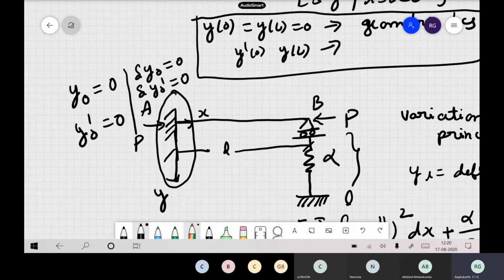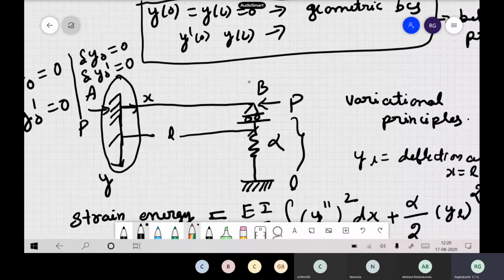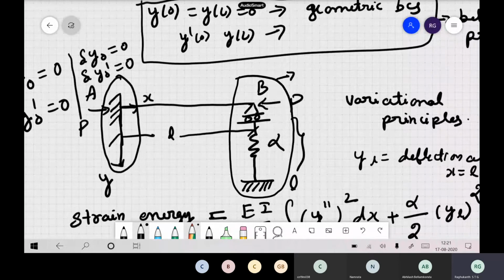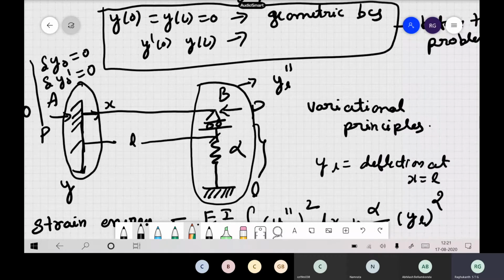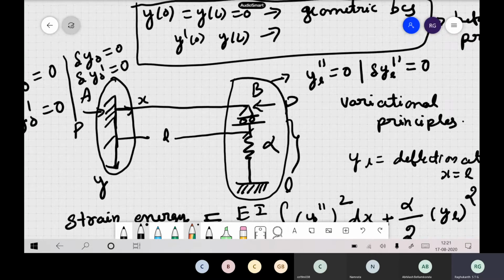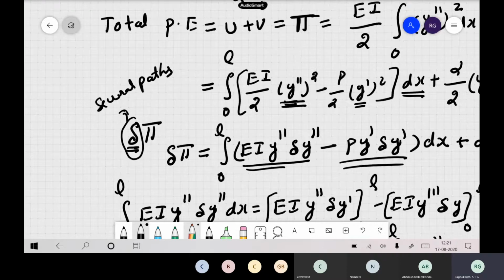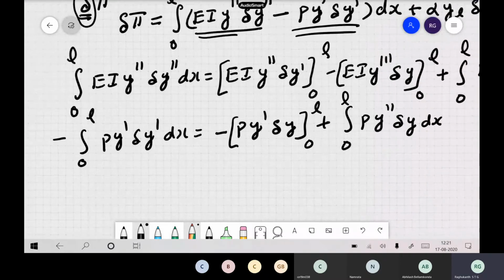This is the most important thing. Now when you come to the other end, that is at x is equal to L, it is a roller, which means your bending moment is 0, or you can also write this as y_L double dash is equal to 0, so the variation also has to be equated to 0. So these are our boundary conditions. The del operator we write in this format, and please remember this is not a derivative. Del y naught is nothing but the variation between the paths. Keep these boundary conditions in mind, and then you can solve this equation.